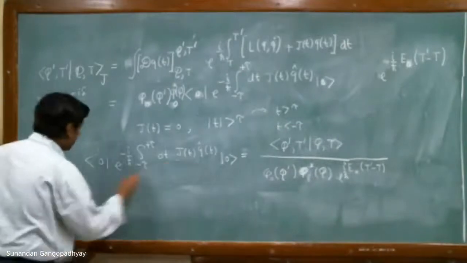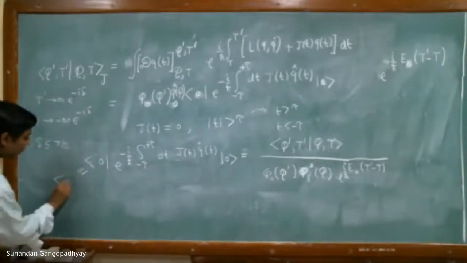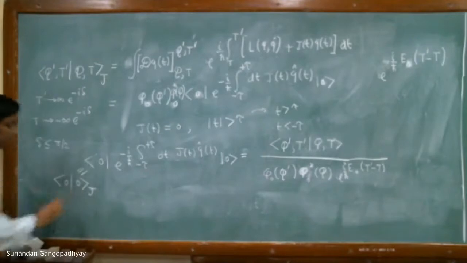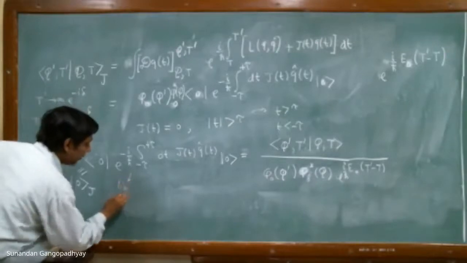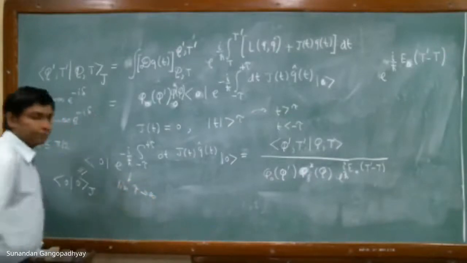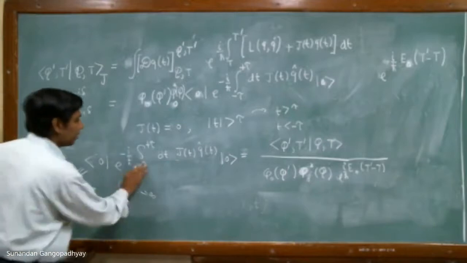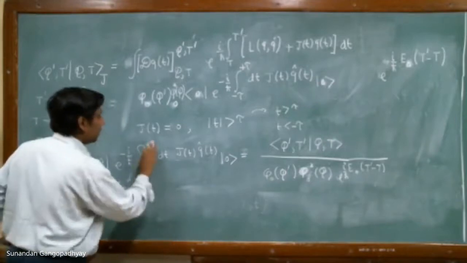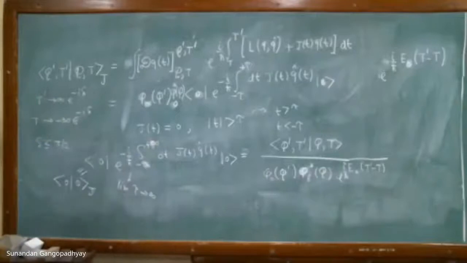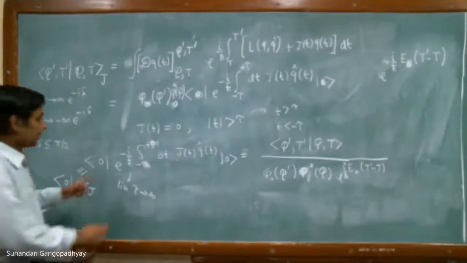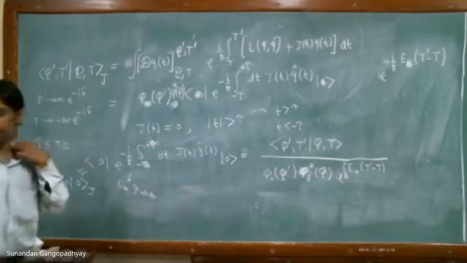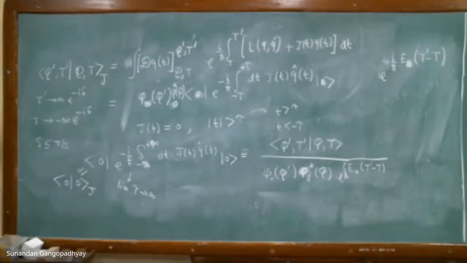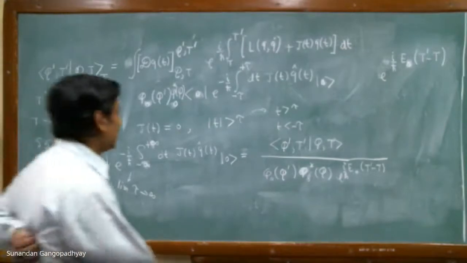We call the left hand side just 0, 0, j. And we do one more thing, we take the limit tau goes to infinity. So if we do that, this thing becomes this. So again you can see that this is some sort of an expectation value of this operator in the ground state. And that thing is basically equal to this.